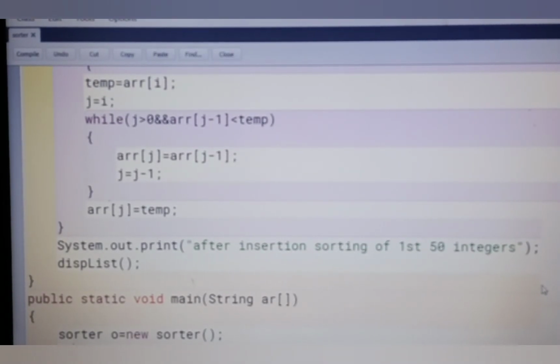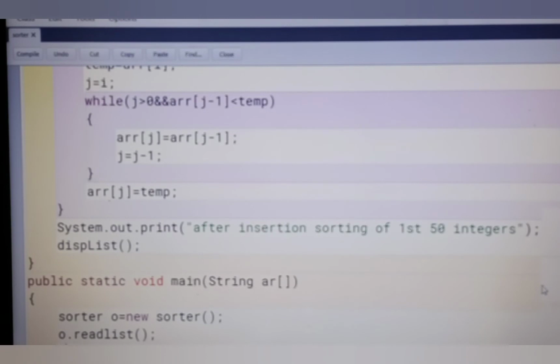Now we are going to call the methods. The first method is read list. It's the first method, so we call this method. Then again we call the disp list, which displays the array.